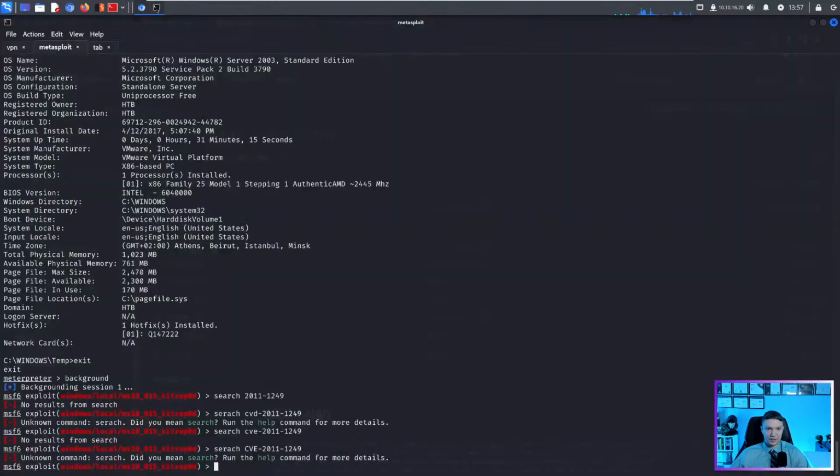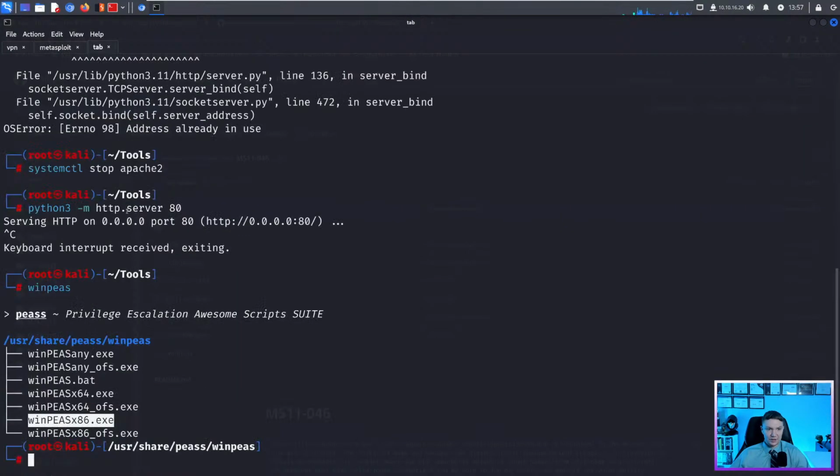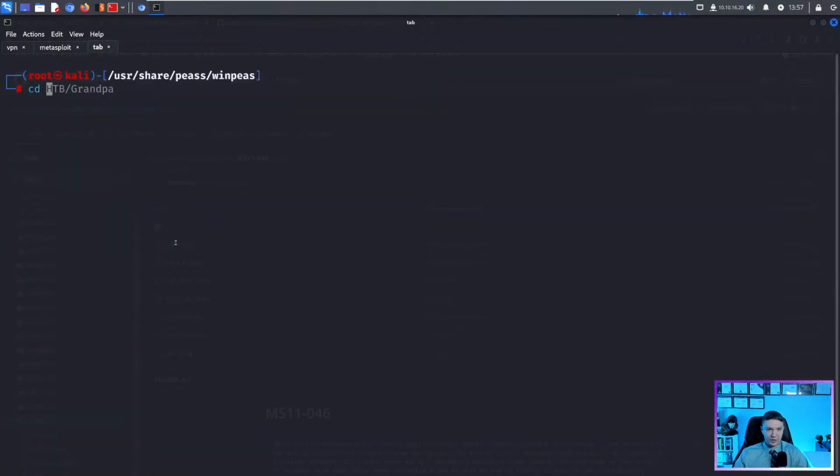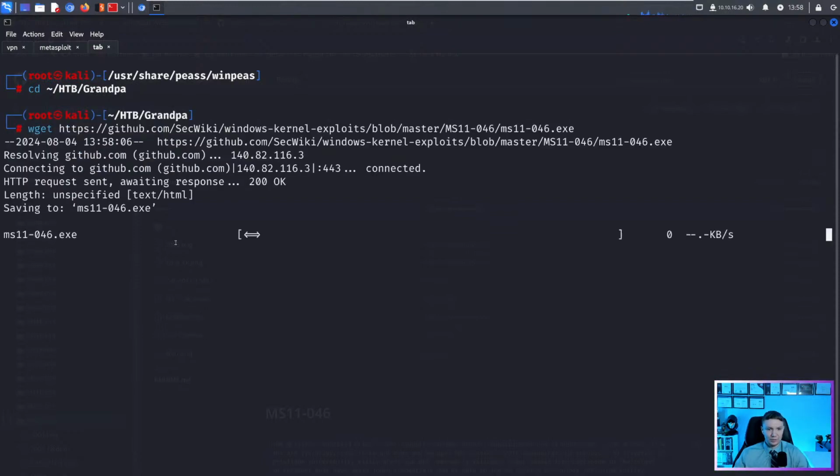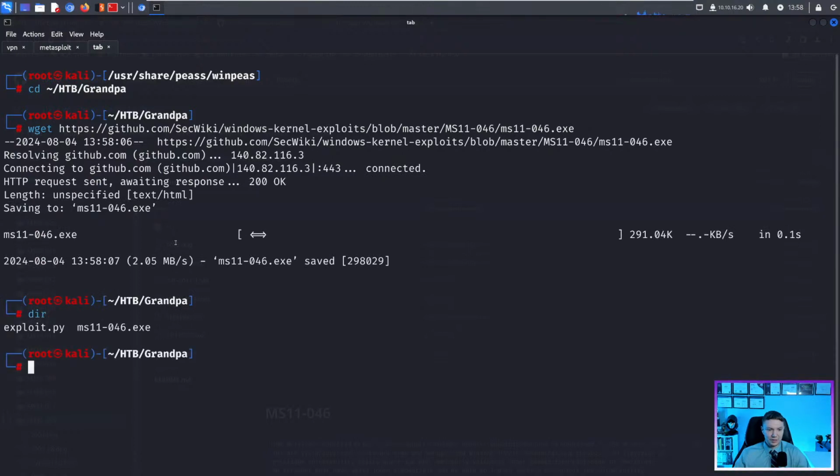Copy link address. So let's go back to change directory, back to the box. So what's the name of this box? Grandpa. And we will do a wget. Boom. Let's do Python 3 -m